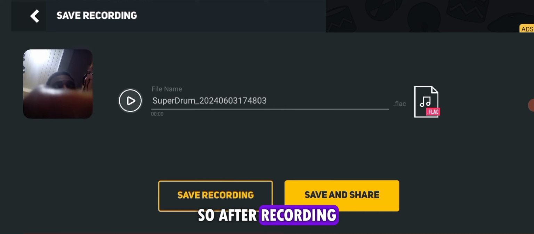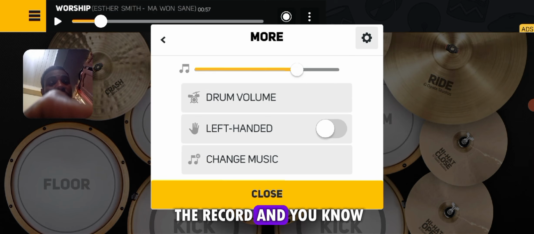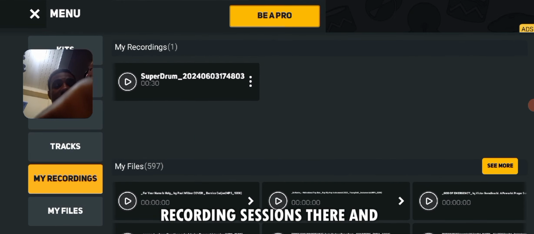So after recording, you can actually save the record and go back to the recording sessions there, and you can